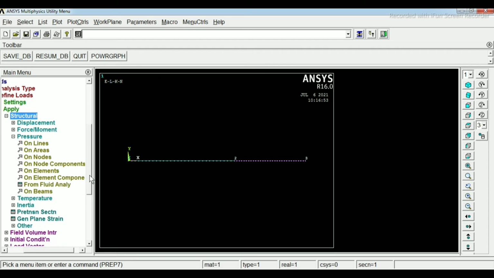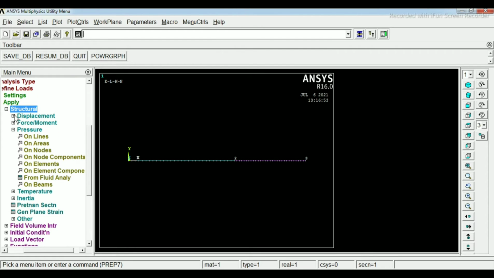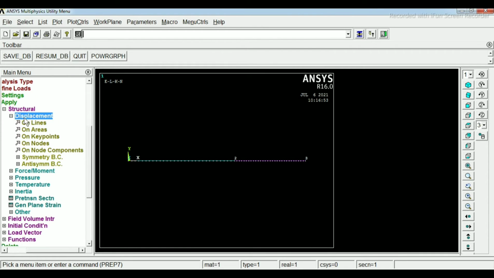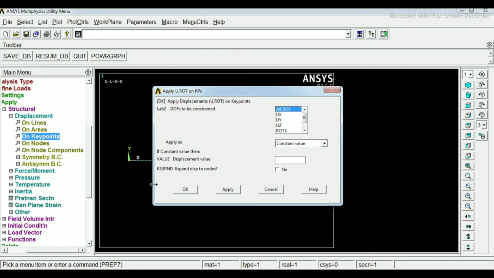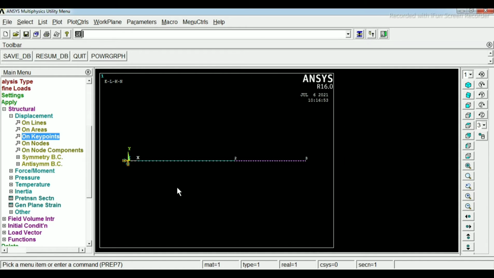Then you will see the option displacement; click on displacement. Then click on key points, click on this key point and then click OK. We have to lock this, so click on all degree of freedom and then click OK.